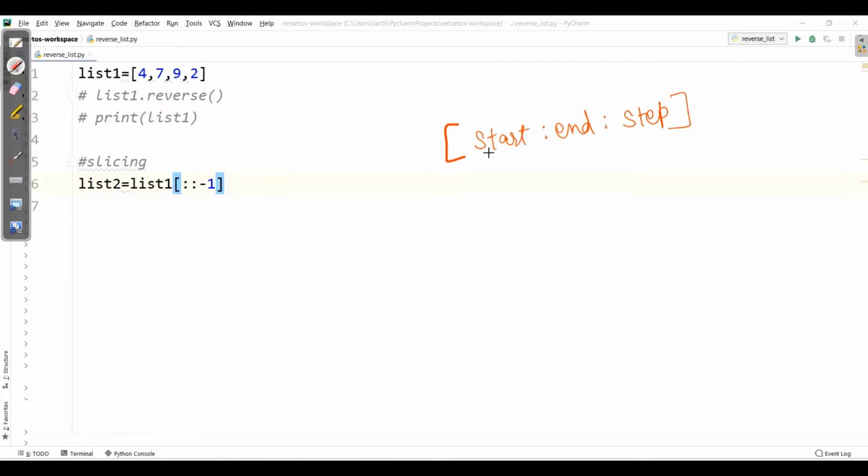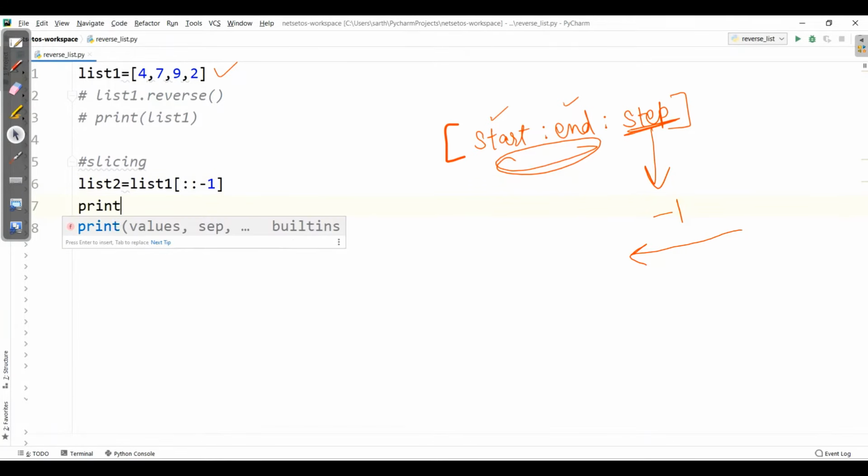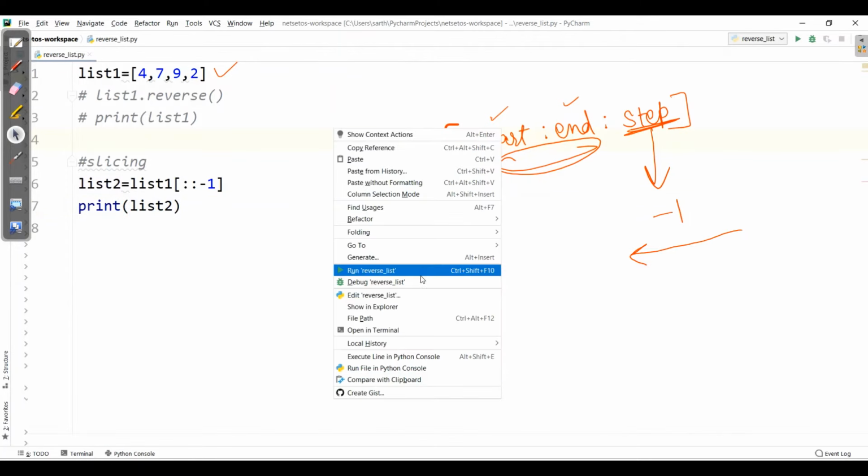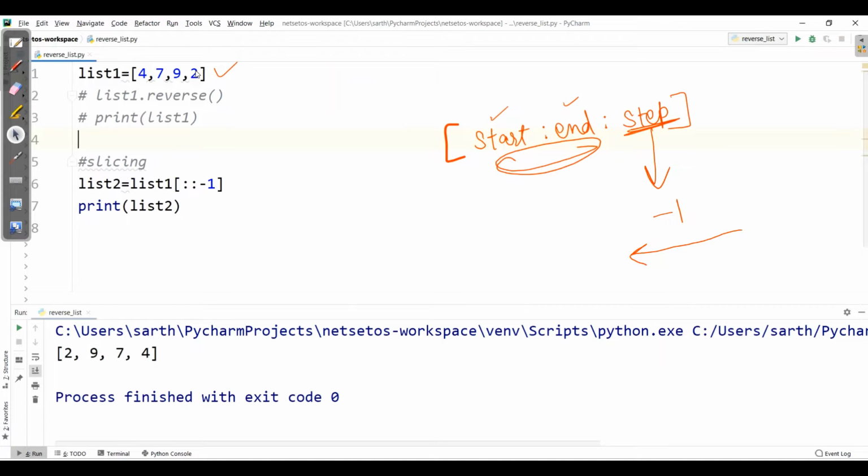So whenever we are not giving start and end values, it takes all the values which are in the list. And here we have defined -1 in the step. That means start from the last value to the first. So when I print this list2, let's run the program. Here I got the reversed form of list1.